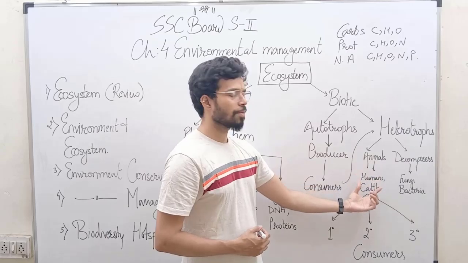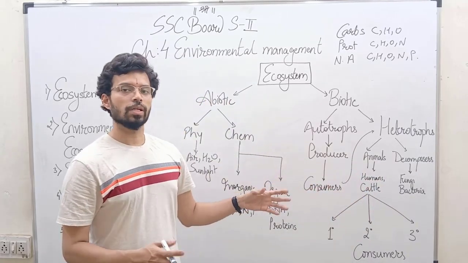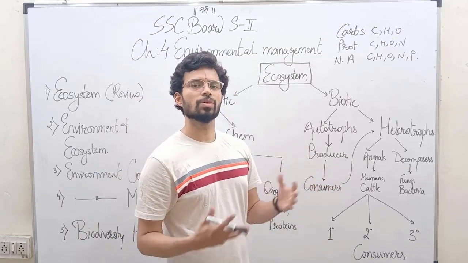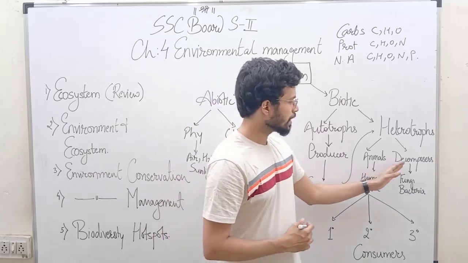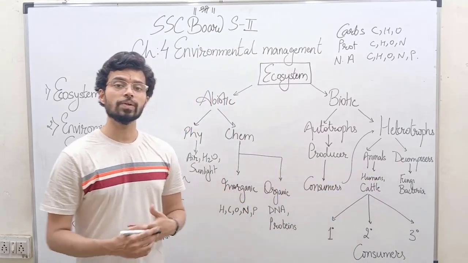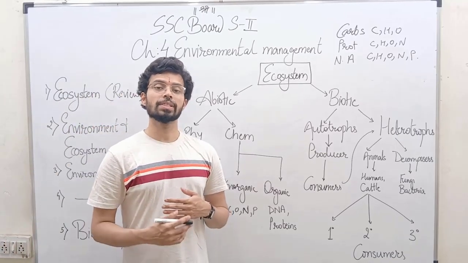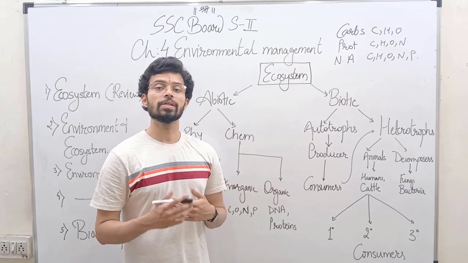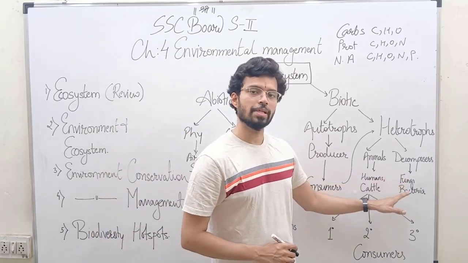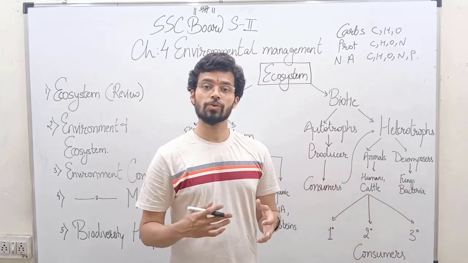So animals, the examples are human, cattle, and this list can be endless. You can name the organism and it is almost heterotrophic. Insects, fish, so many. Decomposers are an interesting class which actually regulate and play an important role in the recycling of nutrients in the environment of a given ecosystem. So decomposers, usually they are primarily fungi. A lot of decomposition is carried out by fungi in terms of quantity.